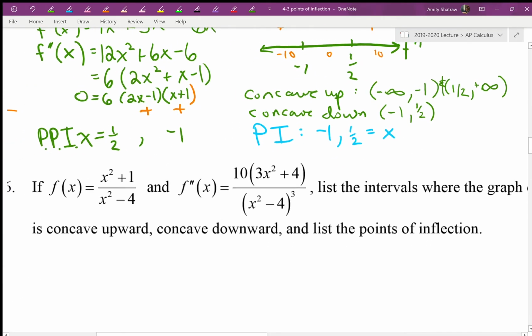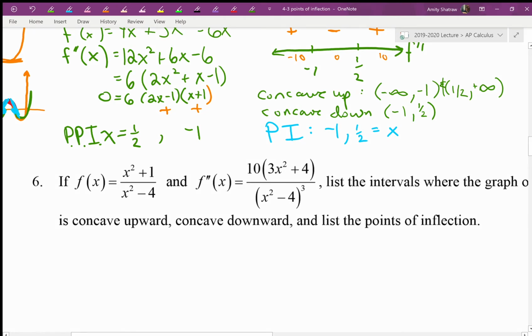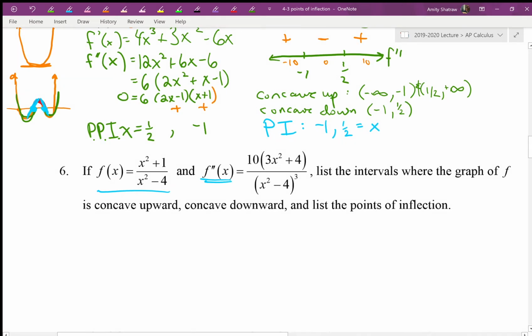I'd like to take a look at number 6, and I'm so grateful because I noticed that the function is here and the second derivative is here. So I don't have to actually take a derivative. It's been taken for you. It says list the intervals where the graph of f is concave up and concave down and list those points